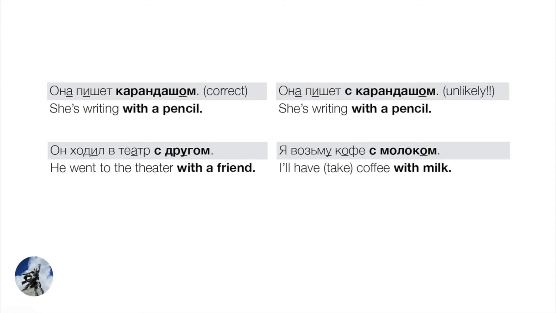all, it sounds very bizarre, but to the extent that it makes any kind of sense, it sounds like you're using your friend as a vehicle or something like that, as a means, right? Maybe you're riding your friend like a little pony or something. Okay, so it sounds kind of ludicrous. Okay, so it's с другом, right? Accompaniment. We need the с when we're describing accompaniment.